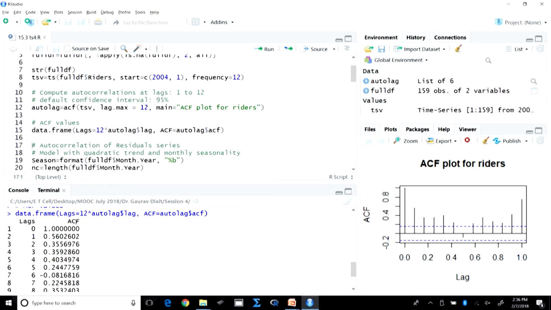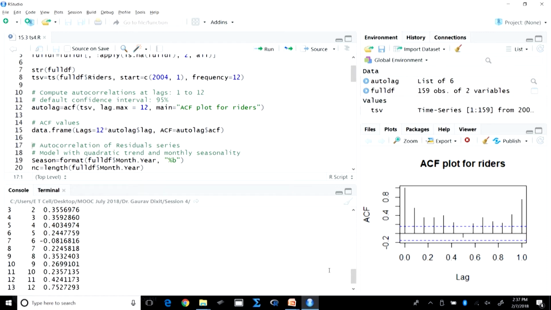So, which is the original series, the autocorrelation of the original series with the original series itself. That is of course going to be 1, so that we can see. Then for lag 1 it is 0.56, and then for lag 2 it is about 0.36. So, in this fashion we can see most of these lagged series are highly correlated with the